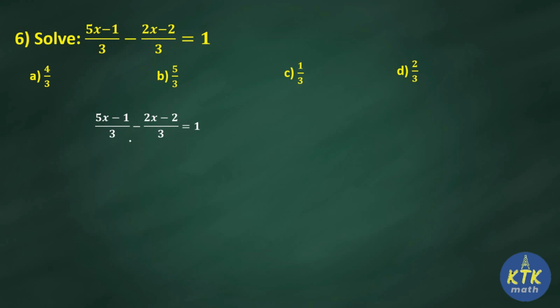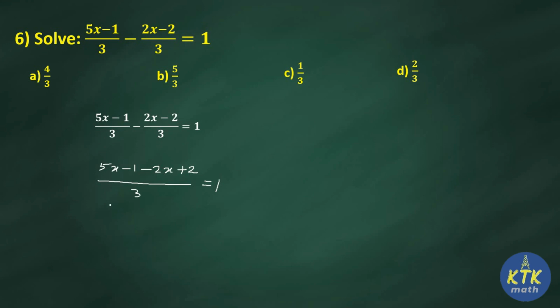Since they both are like fractions, directly you can write down the numerator as 5x minus 1. Here minus 2x, I am going to bring this minus to the second term numerator. So this becomes minus 2x, and the second term is already negative, so negative into negative is positive, so plus 2. You should know how we are changing the symbols. This is minus 2x and minus of minus becomes plus 2, and the entire denominator is 3, is equal to 1.